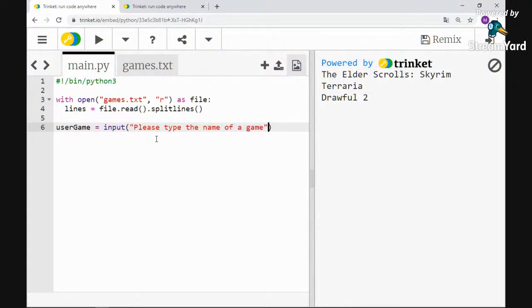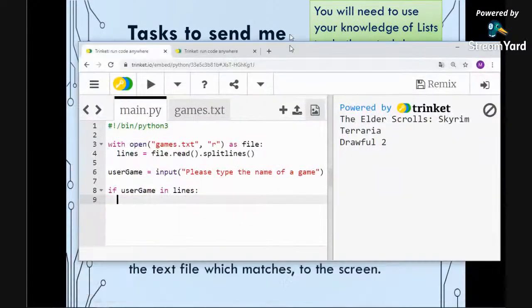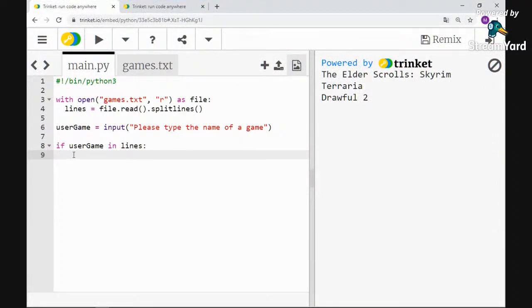Okay, and then I would say if user game in lines. So if the user's choice of game is in there, then that's great. We can print out what was it they wanted us to do? Print out the line of the text file which matches to the screen. So there's two things we could do here. We could just print out, not user game, we print out lines